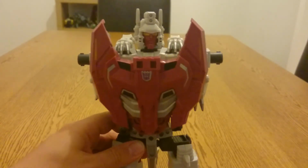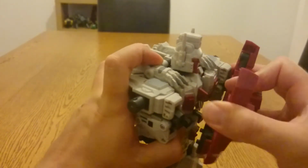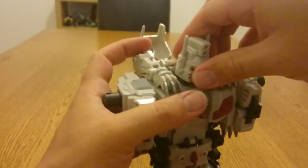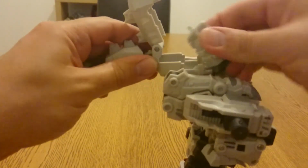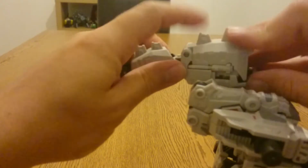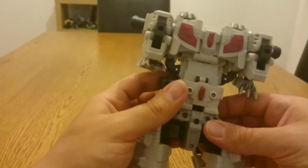as you want. And then to transform them back, all you do into robot mode, just pull this bit off here, wiggle that off here, get this back piece here, pull it out from here, the head, and then you see it will fall into this piece here, and just make sure that's all lined up properly as you push it back like there, and you can see it folds in like that, and pull these gun bits out from the side